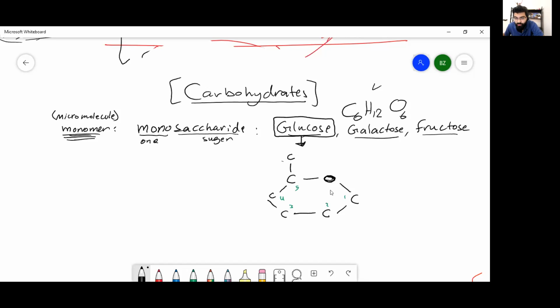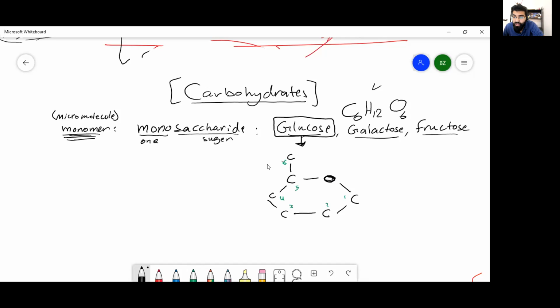Yes, good. So after the different atom, this is the different atom, oxygen. After it, we counted clockwise. We start counting 1, 2, 3, 4, 5, 6. Okay, so I will write a little 6 here. Now, every carbon has